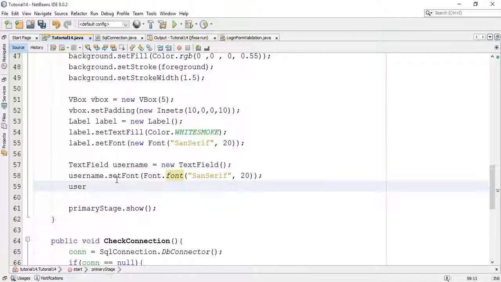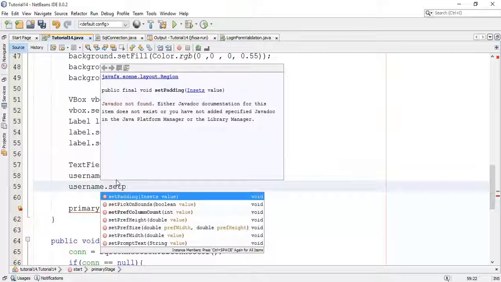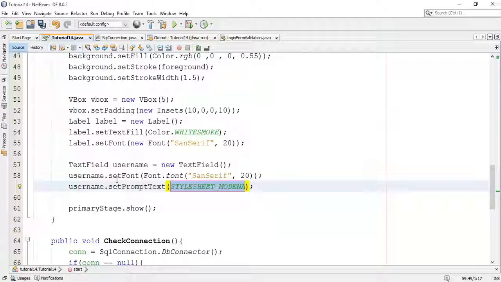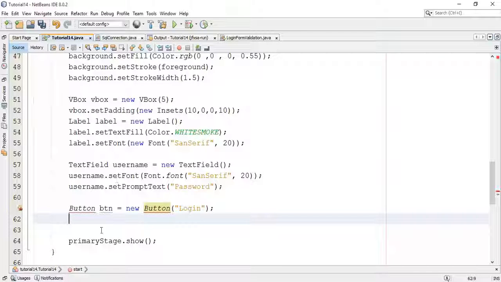Then I'm going to add a prompt text for the text field. So username dot set prompt text, username. Now next I'm going to add a button. So button equals new Button, and I'm going to say a button of Login. Now next, fix the import for the button,